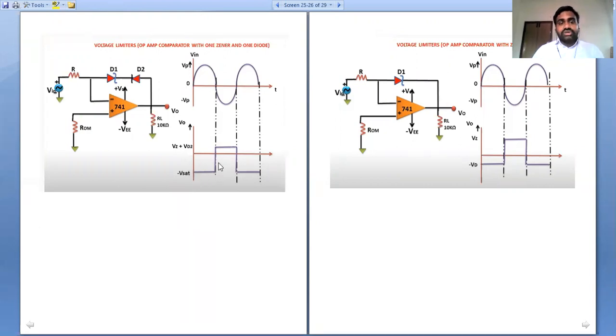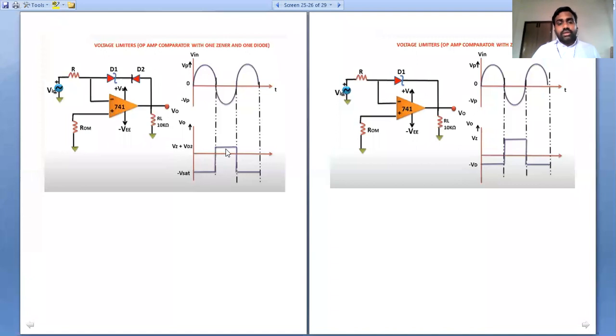And next, our objective is satisfied at the second instant. What we have to do here is limit the positive output voltage. At the condition of positive output voltage, an avalanche breakdown happens with respect to the diode. Okay, that avalanche breakdown voltage is Vz. And the other diode is forward biased, so the output voltage is the avalanche breakdown voltage Vz plus Vd2.